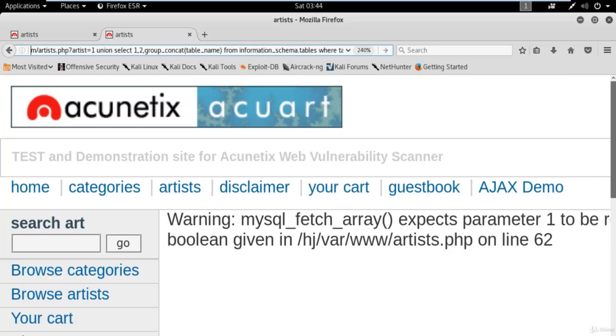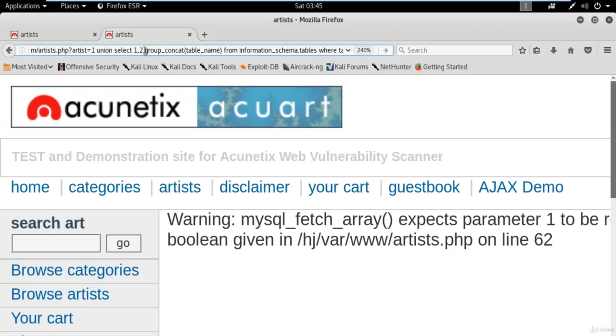We were here at artist equal to 1. Now I have typed union select 1 comma 2 comma and the command. There are 3 columns available here, so that's why I'm typing 1 comma 2 comma 3, but the third one has been replaced by the command, because we need to use a single column so that we can get the output on the website.